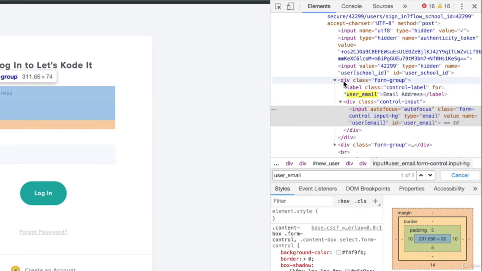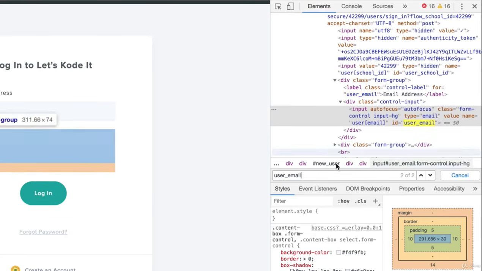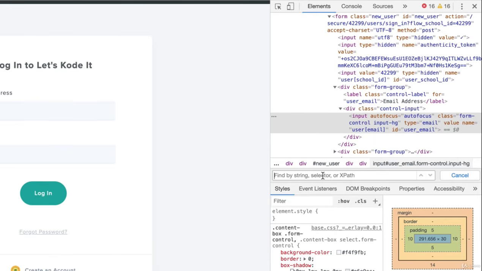So this is the div. It has for equals user email. If I go to the next one, I see the input which has an ID called user email. So even if I don't type a proper XPath, I just randomly type something, it's going to find all the things. Then it helps us to build XPath or figure out the IDs and everything, right?